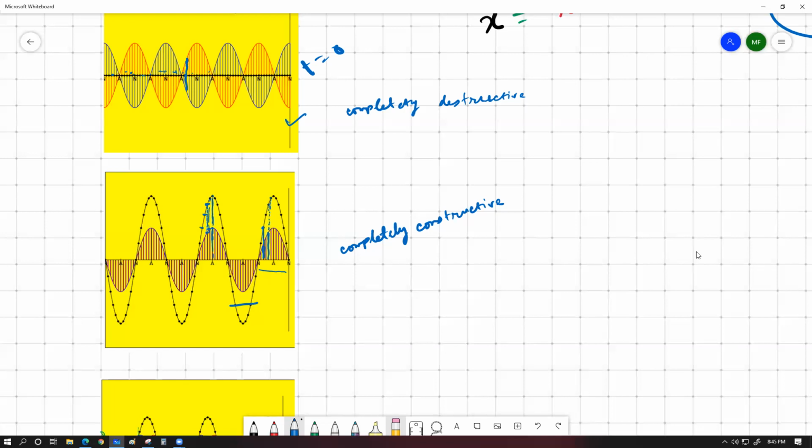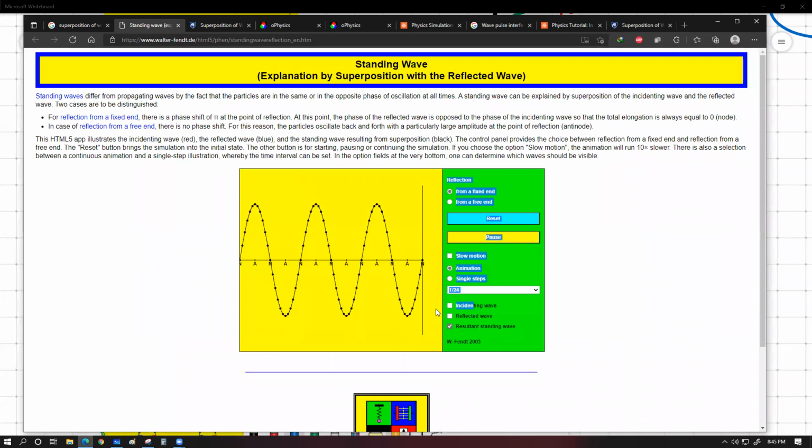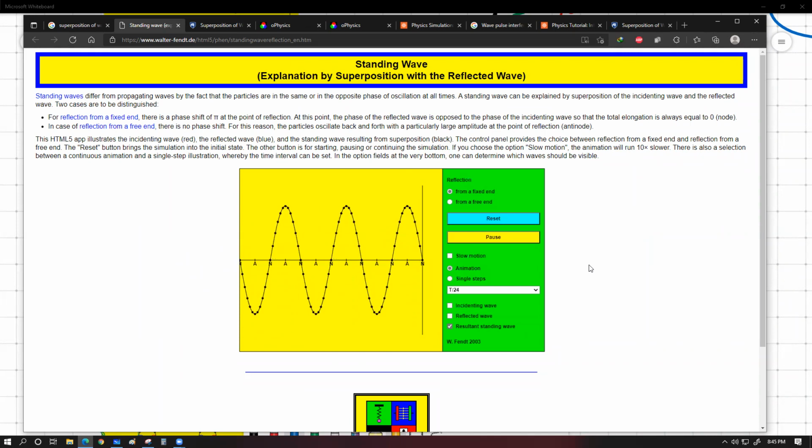One more thing, sir. What Hasan said, I also find it difficult to visualize this. There is no fault in that. You shouldn't feel left alone, or you shouldn't feel exclusively different from everyone else. Waves is a totally new thing, and this visualization of merging of two medium is also totally new for you. The reason I picked this animation for today's class is because we have a really good view for the combined medium, for the single medium, for the two medium, and so on and so forth. And also over here they have given us single steps. So actually if I try to give you individual steps of the whole thing, let me just